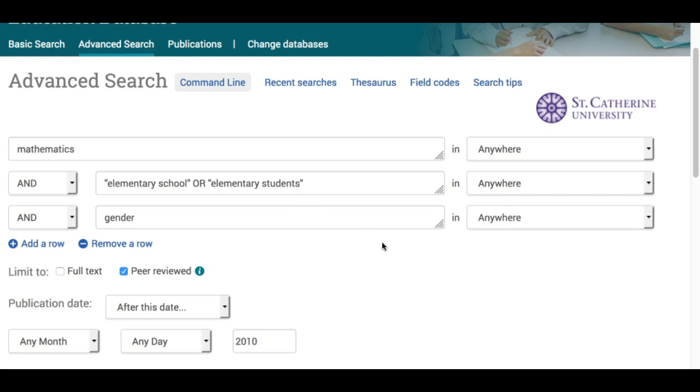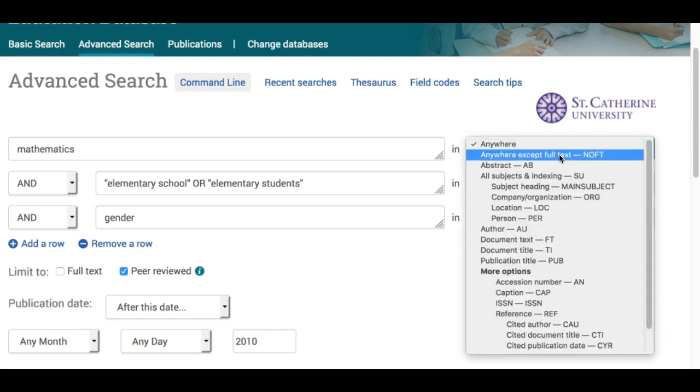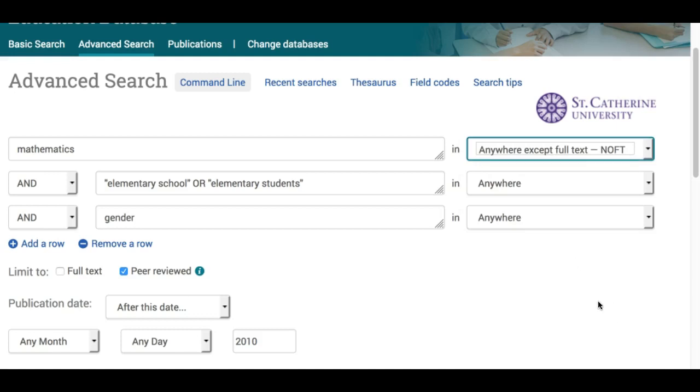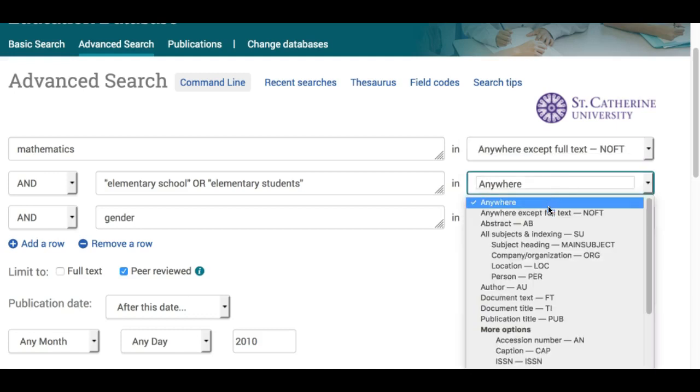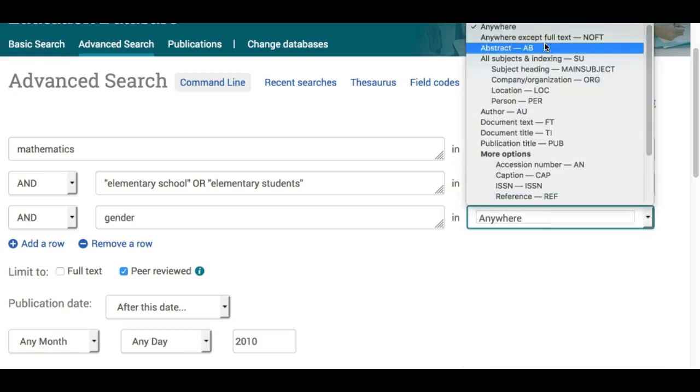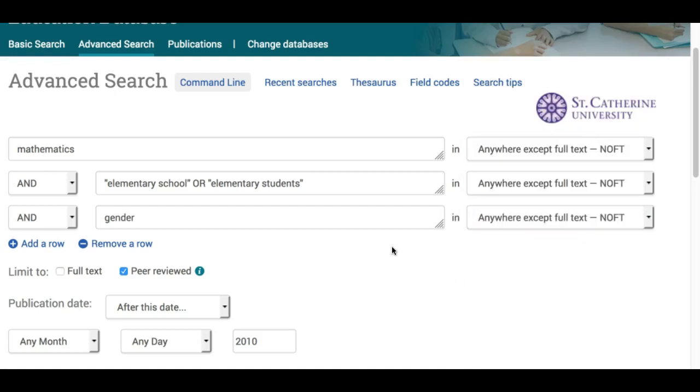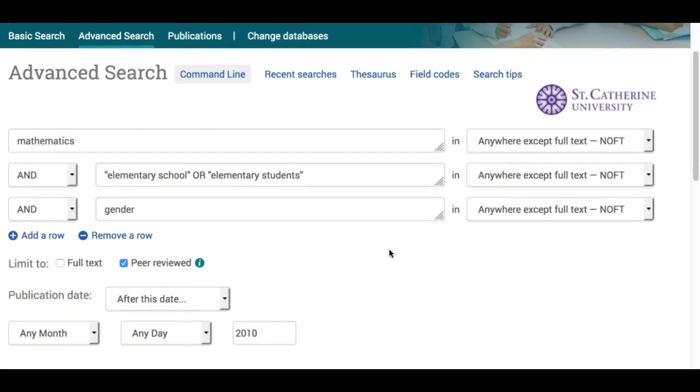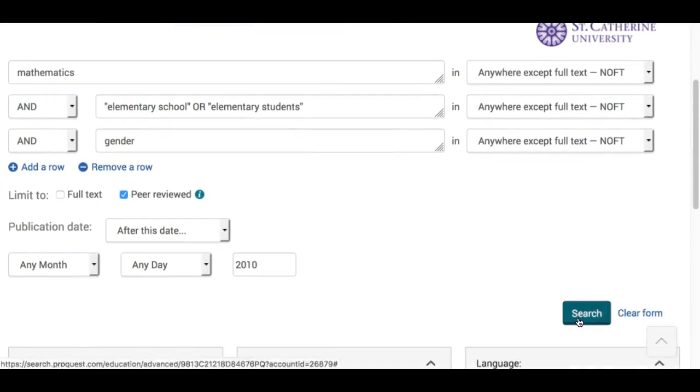So what I sometimes tell students to do, if you get too many results, is instead of searching anywhere, change it to search anywhere except the full text. So then it will search for these words in the title of articles, in the abstract, and in the subject words attached to the articles. It doesn't search the full text for them then. And that sometimes can help, because then you can find articles that really are about these words. So when I do that and click search,